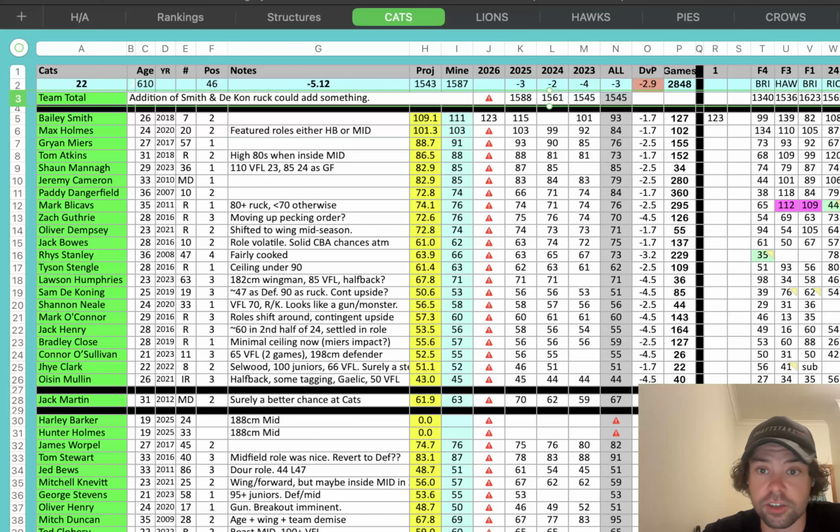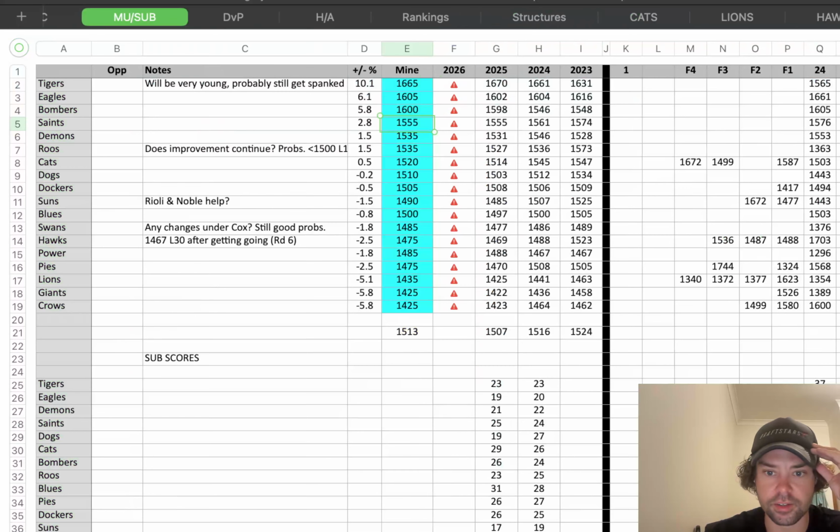And up in the top row here, I've got the team level, how many points the team scores each week on average, season by season. And I try and keep my team total reasonably close to that number. Up until now, I've had to build in the sub score as part of that, so the sub projection doesn't count. For each team, I had how much their sub scores on average across the comp. It was just under 25 points.